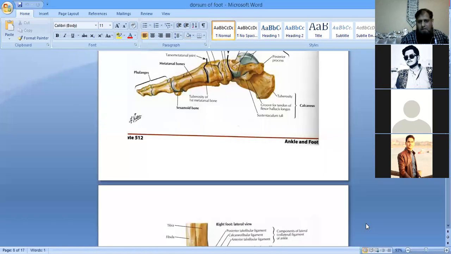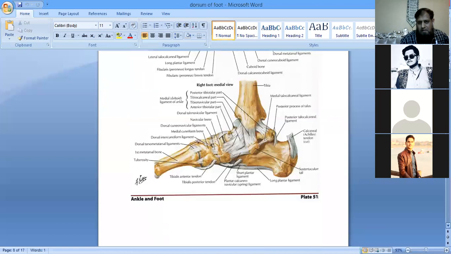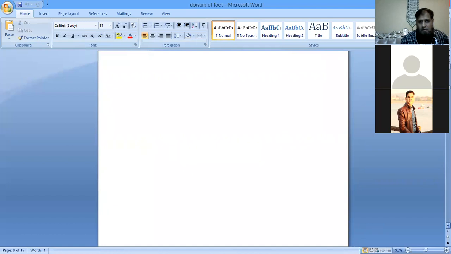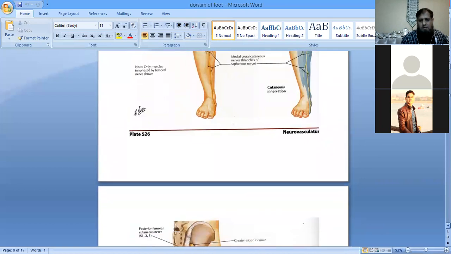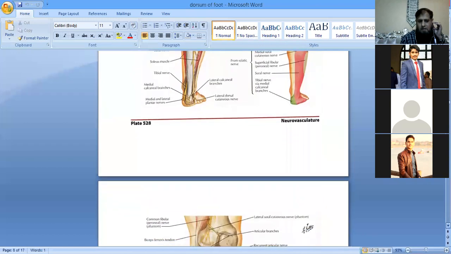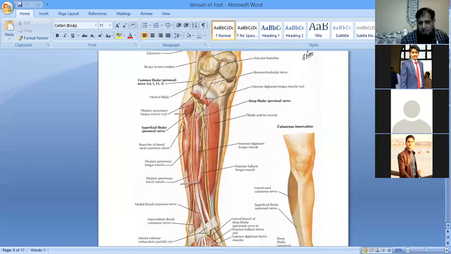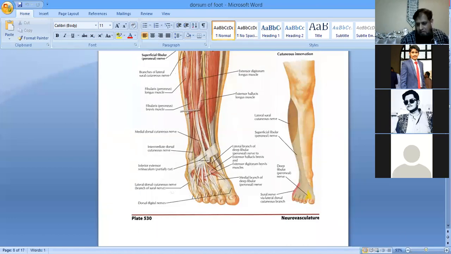ओके बेटे जी, अभी मैंने एक पिक्चर शेयर की है, आपको नजर आ रही है बेटा? हेलो, रिप्लाई मी, कौन सी पिक्चर जा रहे हैं आप? अभी ये डिस्प्ले में कोई नजर आ रहा है? जी सर, नजर आ रही है। ये डॉर्सम ऑफ द फुट नजर आया अभी आपको? यस सर, नजर आ रही है। ठीक है, नाउ हैव अ लुक।